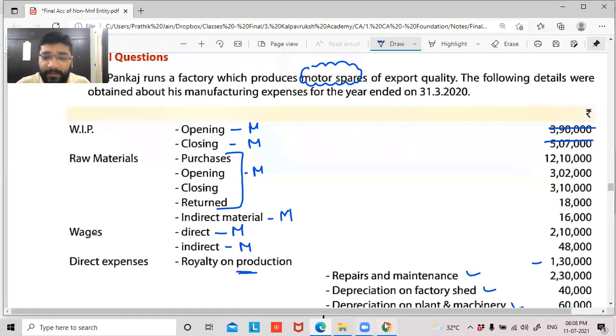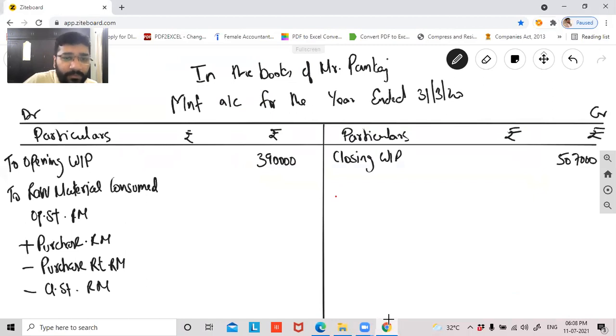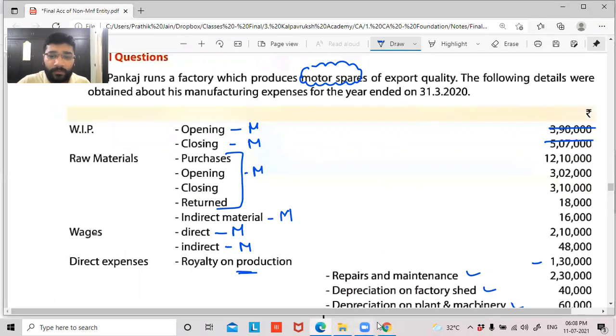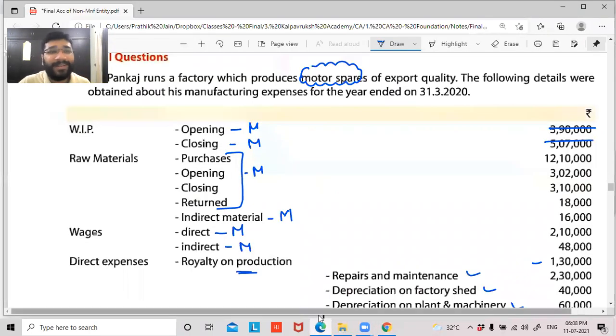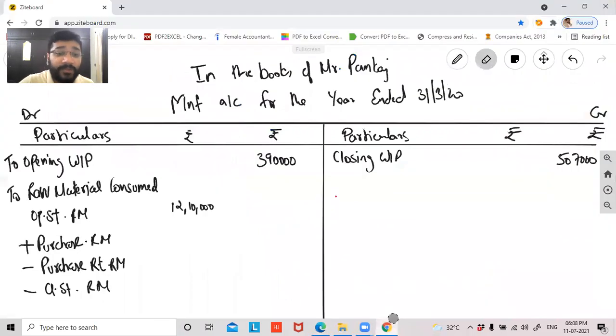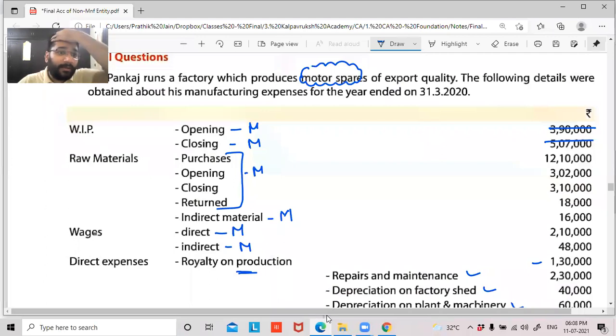Yes, purchase is 12,10,000 rupees. Can somebody please tell me the values? 12,10,000 rupees. So opening inventory is 3,02,000. So add purchase. Sorry. Yeah, right. Guys, have to be very careful here. See, the order they have changed. It's purchase first and then the opening. And sometimes we have the habit of taking the first value as it is. So this mistake should not happen, guys. You have to have complete concentration. A little bit of diversion here and there, due to any reason, can cause problems.